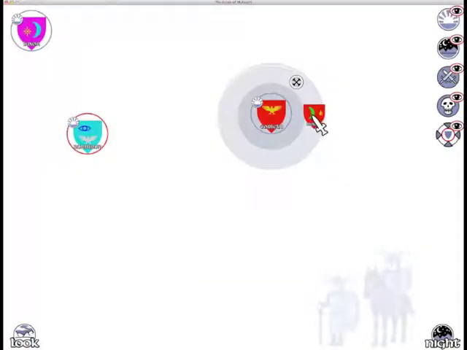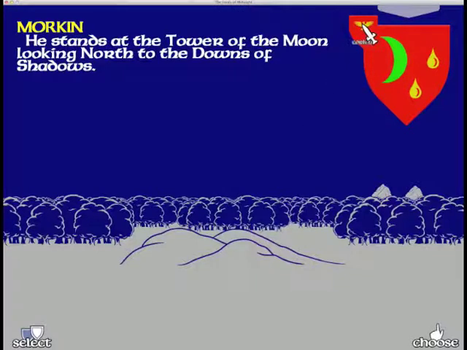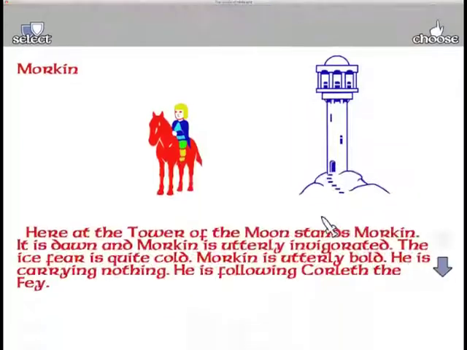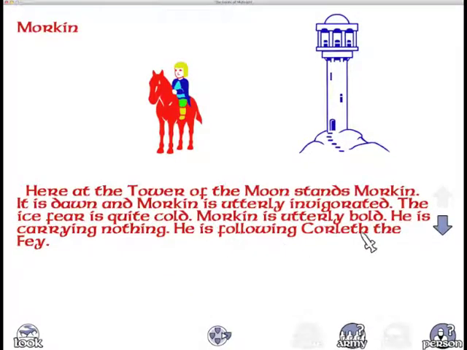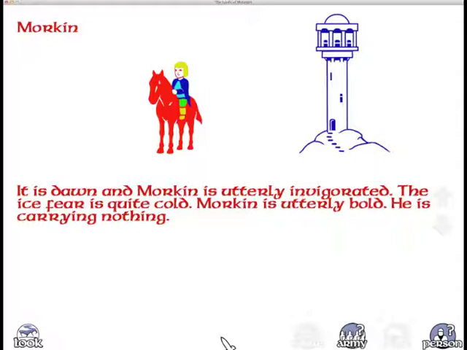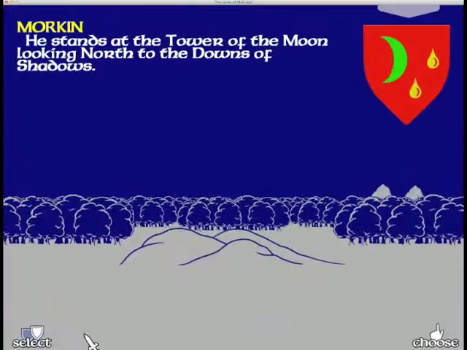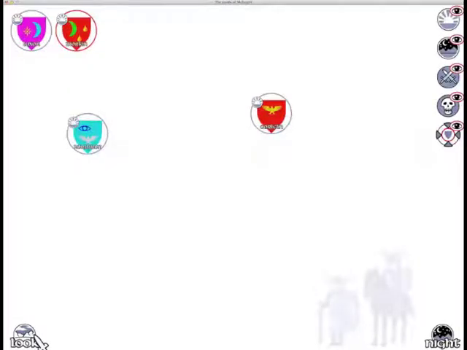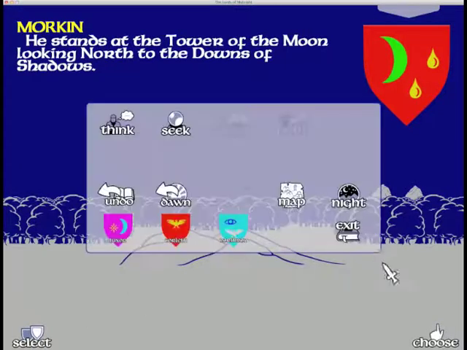In the same way, if I click on Morkin there, we can see he's being led by Corleth. But if we go to his think screen, we're also told here he's following Corleth the Fae, and we have a new icon down at the bottom here which is allowing Morkin to leave the group. So we go ahead and leave the group. If we go back to the select screen, you can see he has indeed left the group, which in this case has disbanded the group as well. So I'm going to exit this particular game,